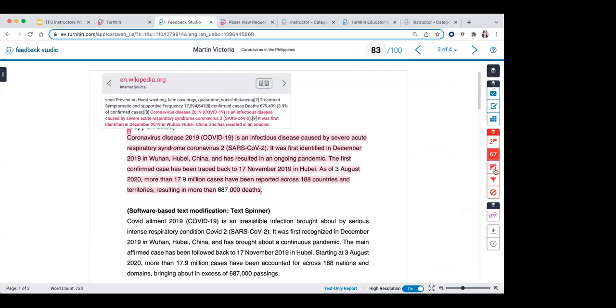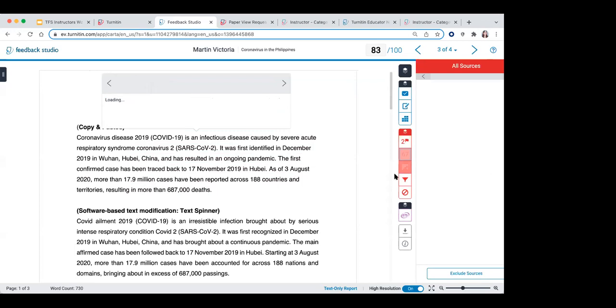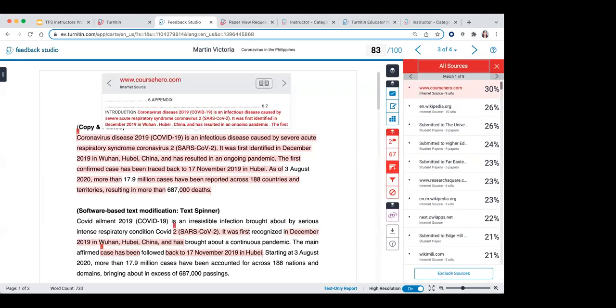Another thing is the all sources view. That is the graph just below the similarity report. When you click that, as you can see here, the all sources view will show you the number of times you are matching back to a student's paper. It says here that 30% of the content I have in here is matching back to coursehero.com. Maybe this is not a recommended one, but if by chance you are allowing your student to make use of a specific